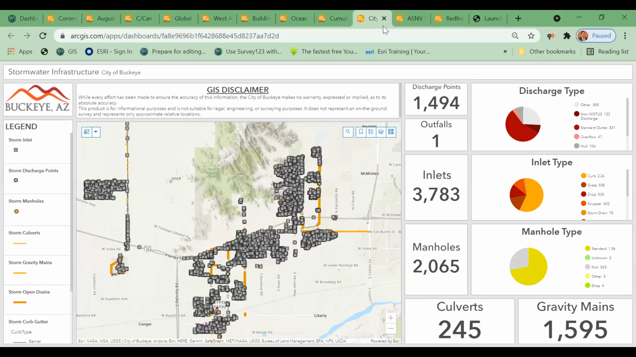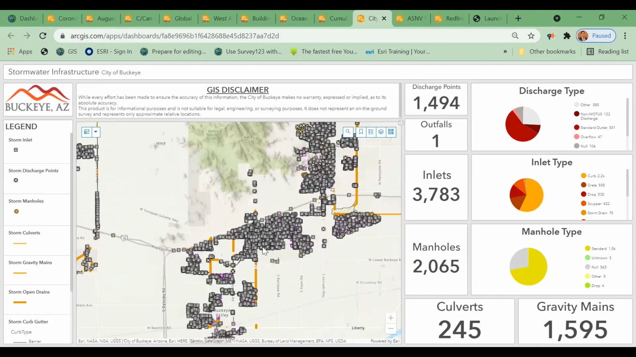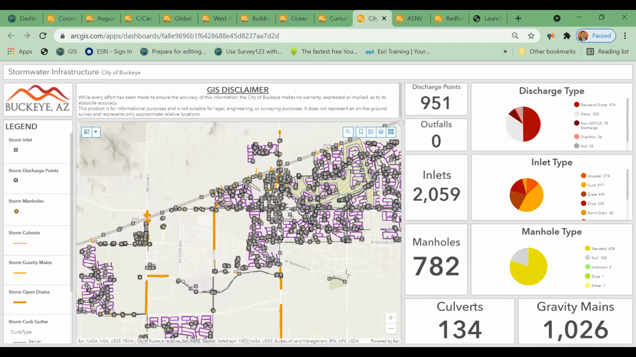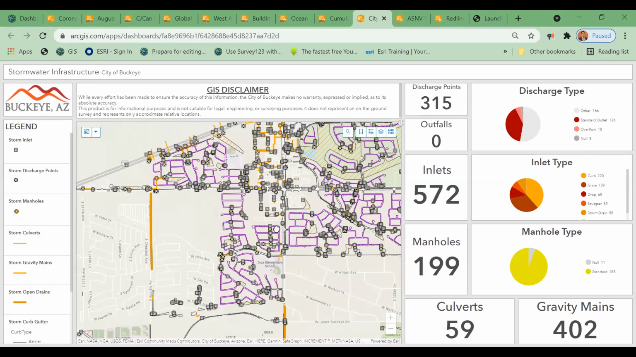Right. Okay, this is again a different one, a totally different industry. It's related to stormwater infrastructure, right? Stormwater infrastructure. We can zoom in and see what this is about. Here you can see some kind of a